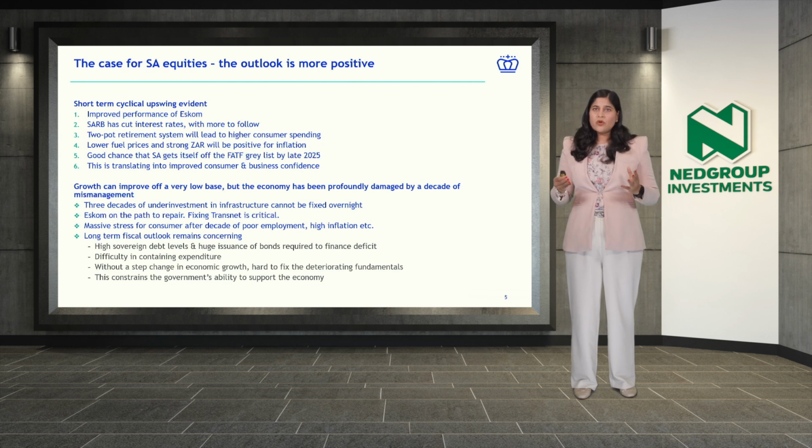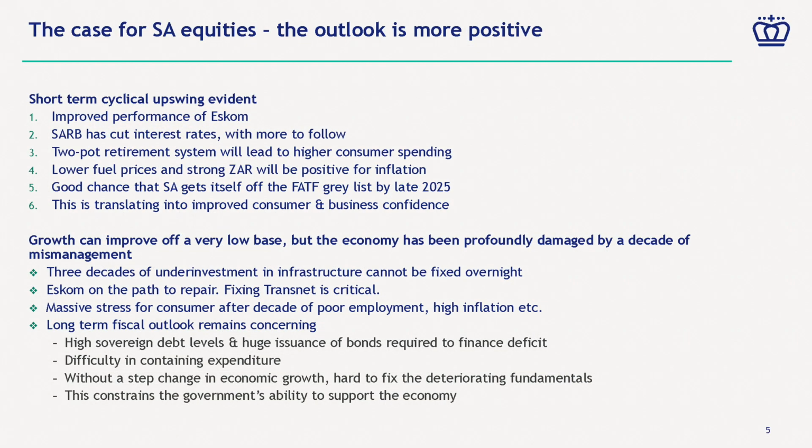We are a little bit more cautious on this longer term outlook. I think it's fair to say that 3 decades of underinvestment in infrastructure cannot be fixed overnight. Yes, Eskom is on the path to repair, especially in terms of generation, but we need to see the investment in transmission coming through. Fixing Transnet is critical, and here again, you'll need to see support for their balance sheet come through so that they can access capex to fix the rail and port infrastructure that has been so underinvested